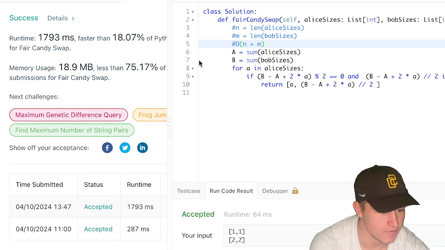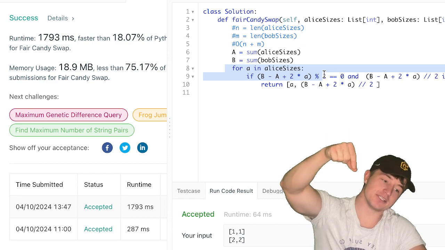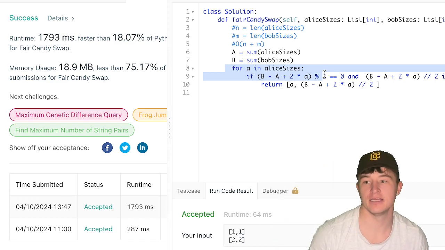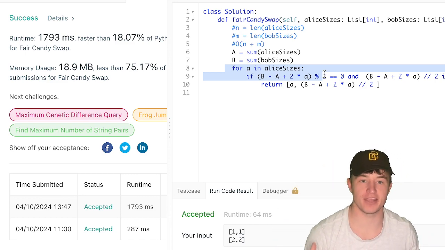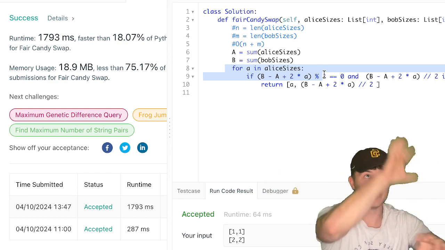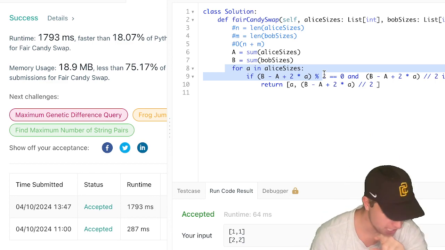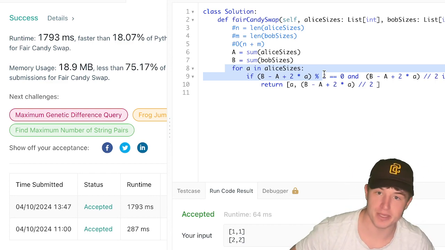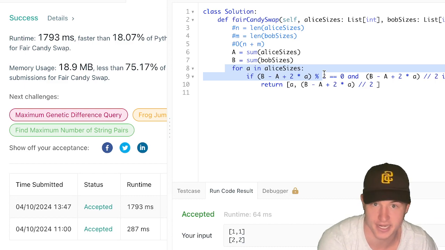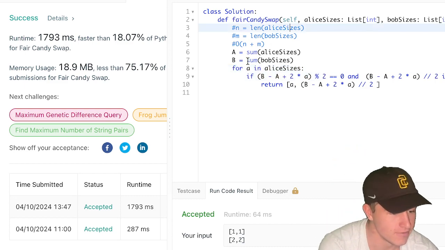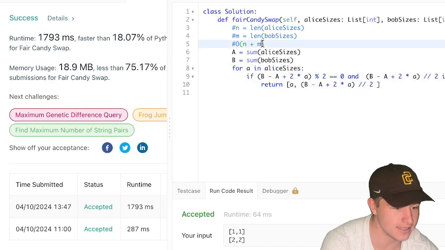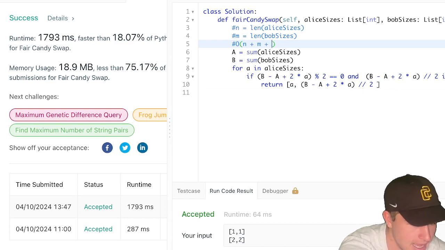All right, now where it gets hard is for each of Alice's elements, Bob has to look through his whole list to see if he has the corresponding box with the correct number of candy, right? Because every time Alice says, what if I trade you this one, Bob's going to be like, okay, well then that means I would have to trade you B many. So then I need to look through the whole list and find if I have that B many, right? So for each of Alice's candy, Bob could potentially have to look through the whole list to find if he has the corresponding candy to give her. So that means it's going to take, for all n candies that Alice has, Bob has to look through all m elements. So that's n times m. So that's plus n times m